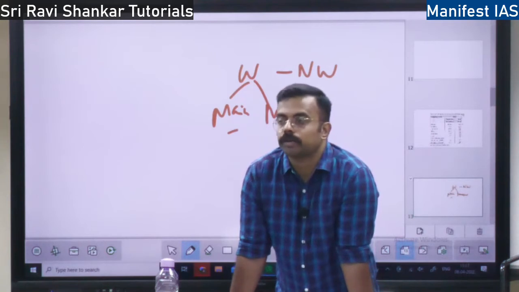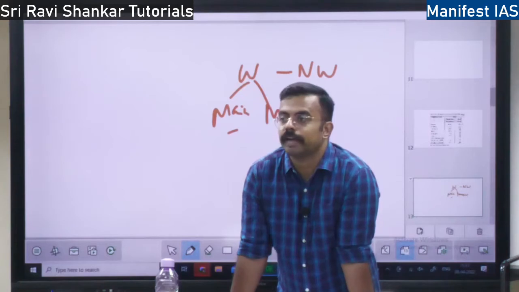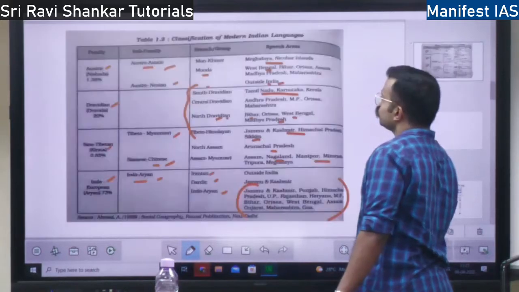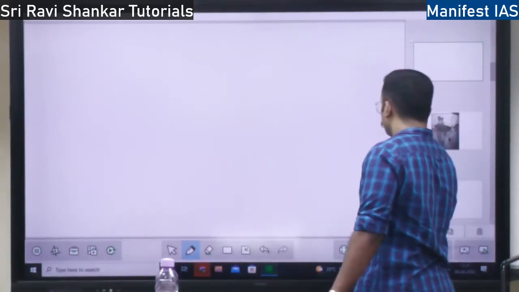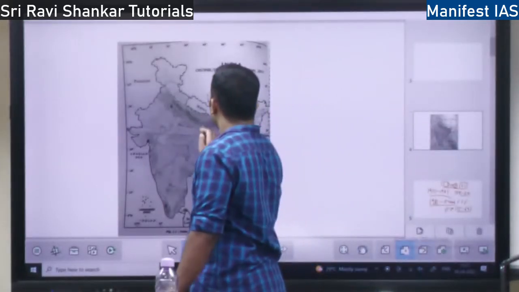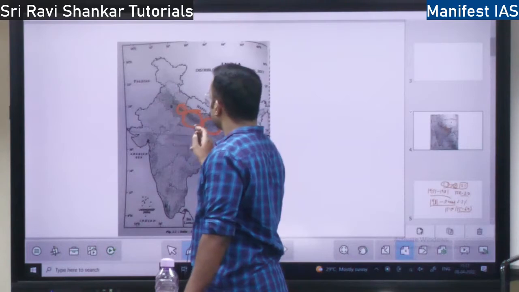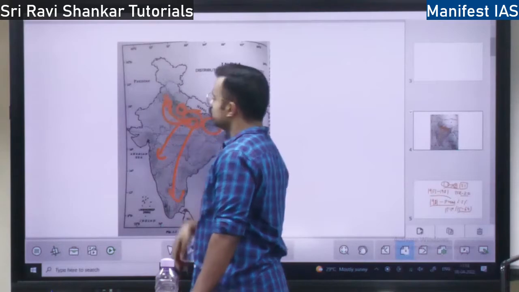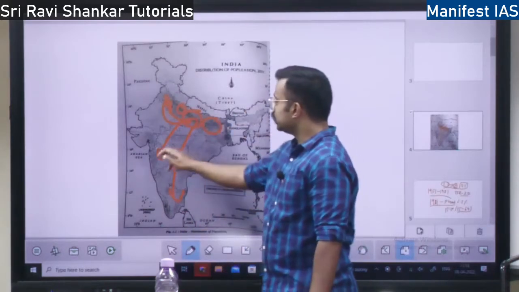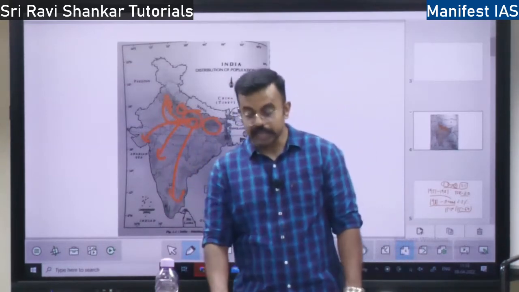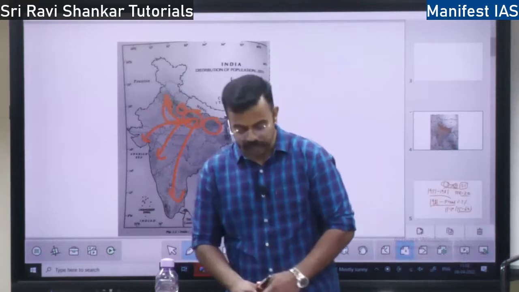Okay, so then we will talk about the streams of migration. From where do you find the migration happening in India? I'll show you on the map. Majorly the migration you will find from this area. From Bihar, UP and this area you will find migration to Maharashtra, South India, Delhi, Haryana, all this area. So this acts as a source region, this acts as a destination region. You will also find migration to Gujarat. So this is the stream of migration, in what stream migrants are moving.